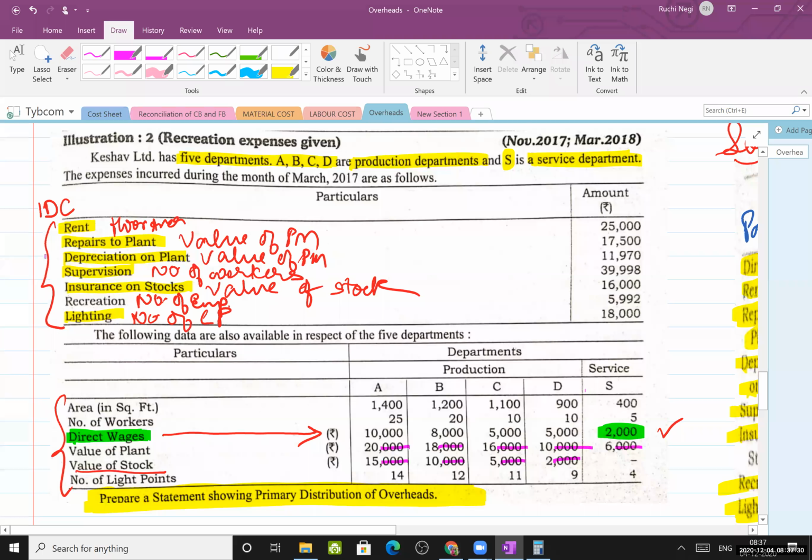Is this clear to everyone? Is the question clear? That is very important, understanding the question. Okay, so in the overheads chapter what you are going to do, you are going to first identify which is your overhead. So all your indirect cost is your overheads. ठीक है, कोई direct cost दिया है तो उसको ignore करना unless and until it is with respect to service department. Okay,